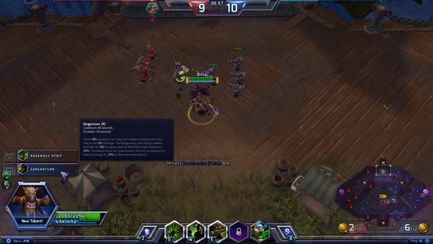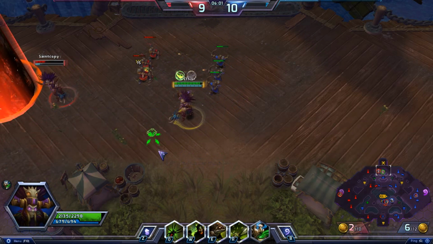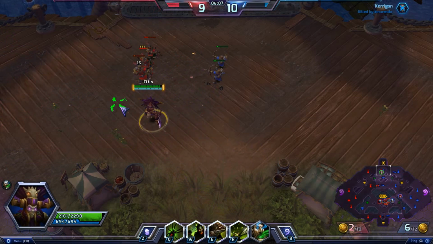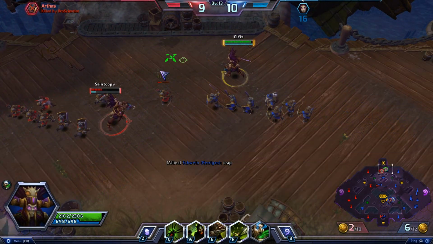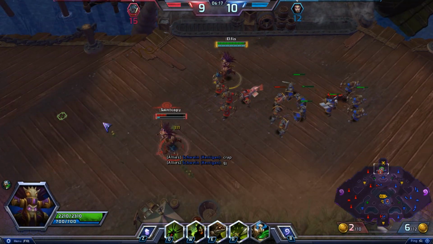Level 10. I'm gonna go with the Gargantuan. You could all actually. You know what? I will go with the Ravenous Spirit because I went with Gargantuan last game, and I'm trying to learn the hero. I'm trying to figure him out. They just cycled through the free heroes, so I am now getting to play Witch Doctor. I wanted to play him. I've been saving up for him. I just haven't had the money. He's one of the most expensive ones in the game, so he's